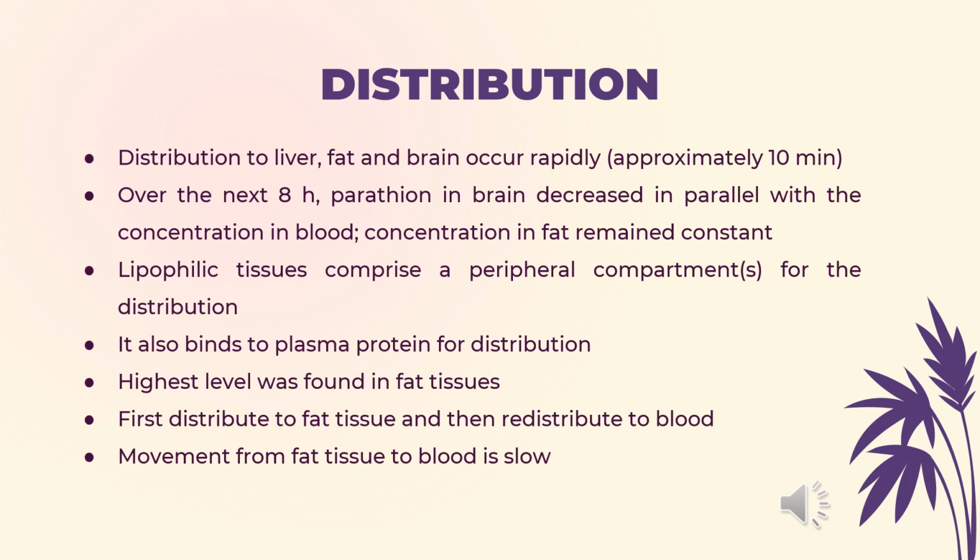Also, binding to plasma protein may contribute to the apparent volume of distribution for methyl parathion. The highest level of parathion was found in adipose tissue. It is first distributed to fat tissues, then redistributed to blood for metabolism. However, the movement of parathion from adipose tissue to blood is